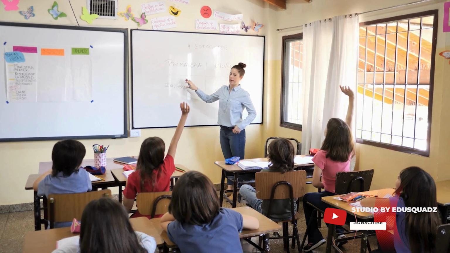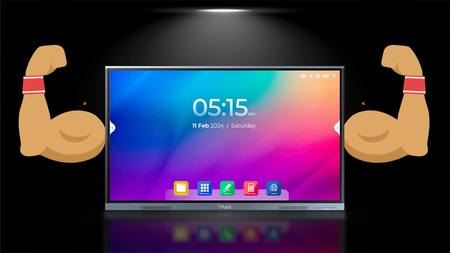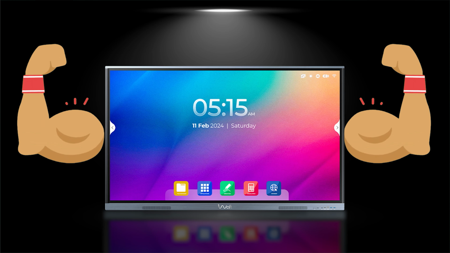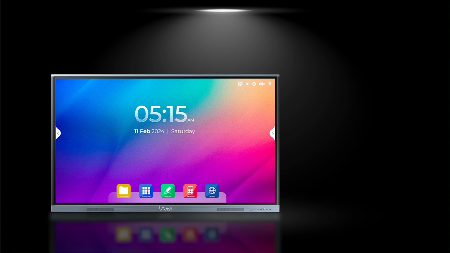From education to corporate to retail, OPS modules make interactive flat panels more powerful and ensure they meet the demands of modern users. So if you want to make your interactive flat panels faster, smarter, and more efficient, consider adding